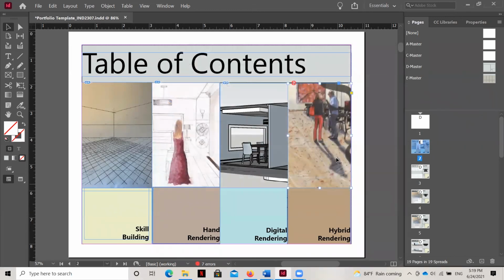So once again, all you have to do to make sure that your InDesign file moves quickly and isn't taking up a ton of memory on your computer is make sure that you save those images as high resolution, but you save them in a spot where they're in their own folder and InDesign knows exactly where they are, so that InDesign can link to the image instead of having a bunch of 300 or 600 DPI images embedded within the InDesign file that would make it too large to send.